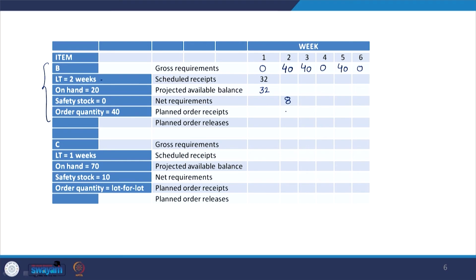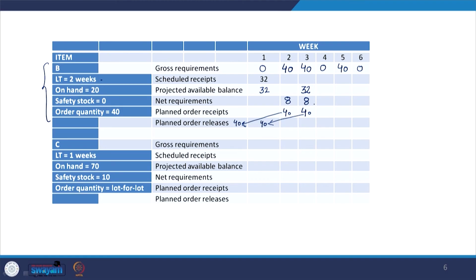So, here you want 8 units, but the order quantity is 40. So, you will place order somewhere here. Even before starting this first period, you have to order, then only you will be able to make these 40 units. Then these 40 units you will have and 8 you have already consumed. So, the available stock is 32 and 8 again you will require here, but for 8 you will place order of 40 on first week.